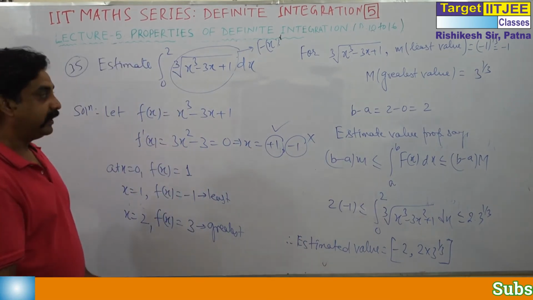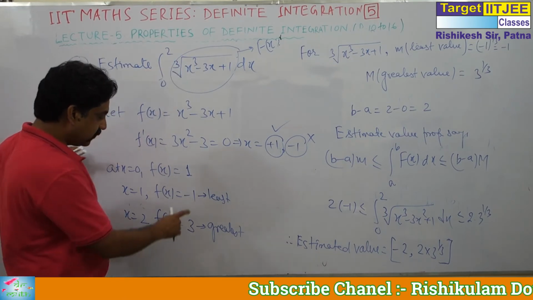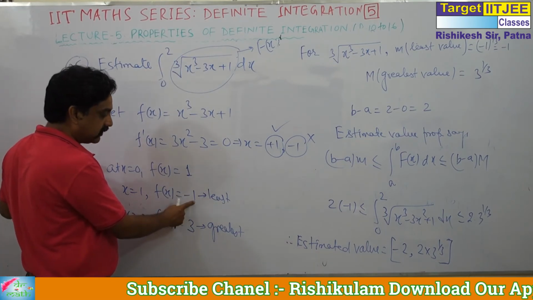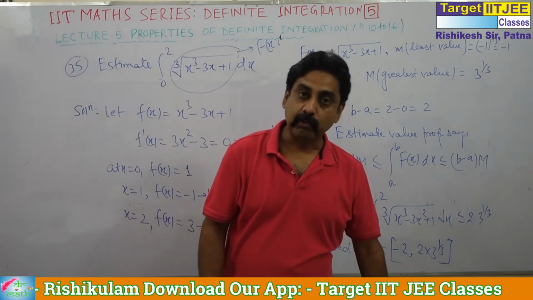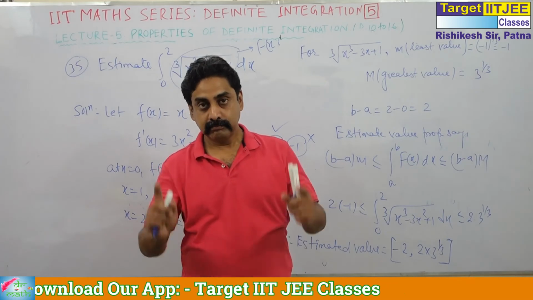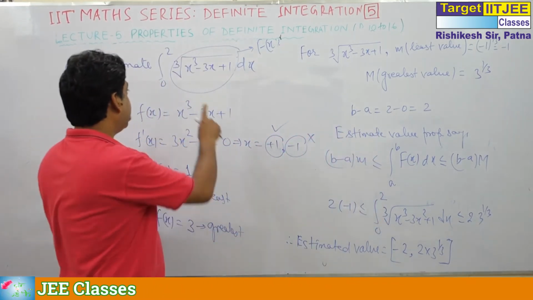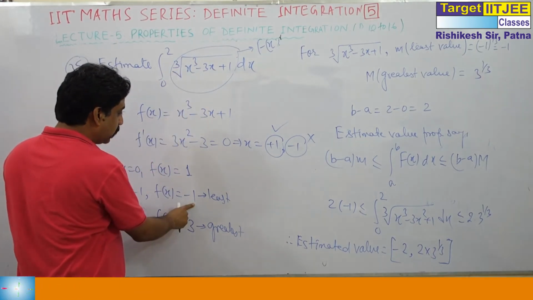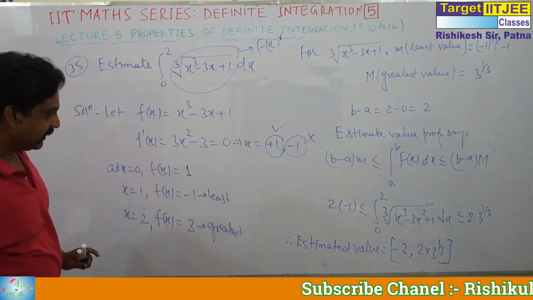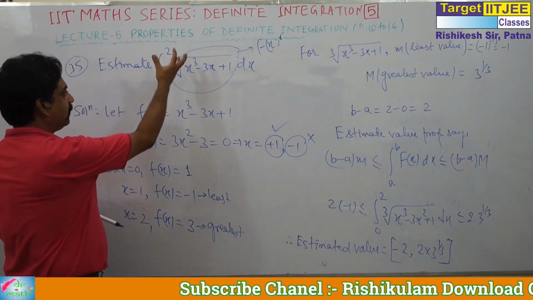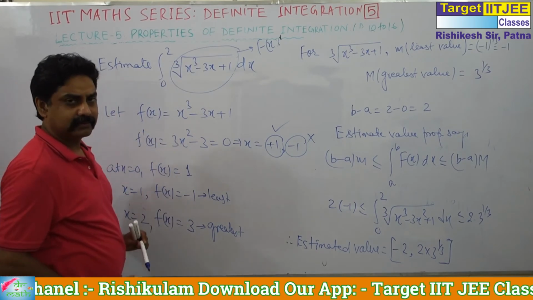Be careful about one point. If I had taken a square root, then this value does not exist, and in that case the least value will be 0. So we have to keep the domain in mind always. If we had taken a square root here, then this value cannot be minus 1. When you draw the graph, you will find that this is not valid.